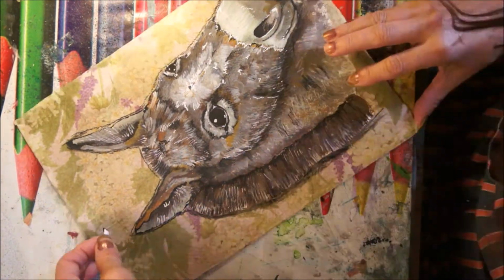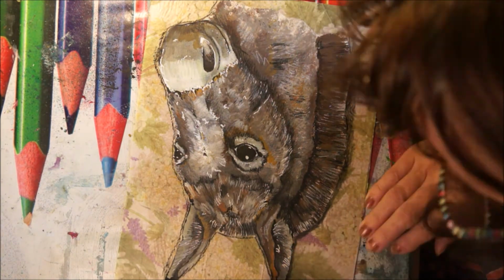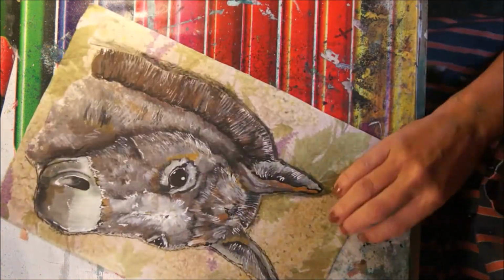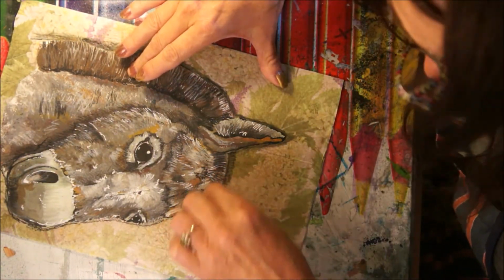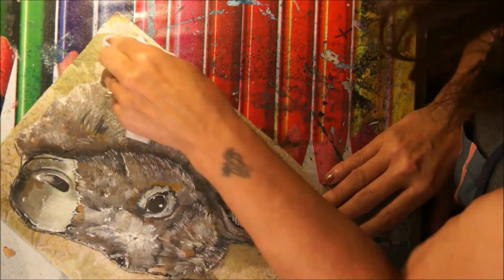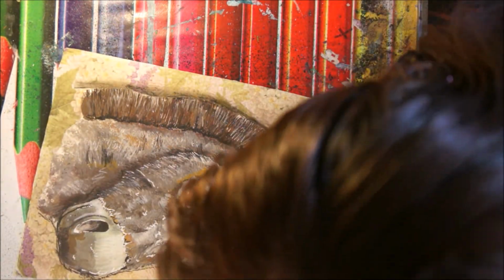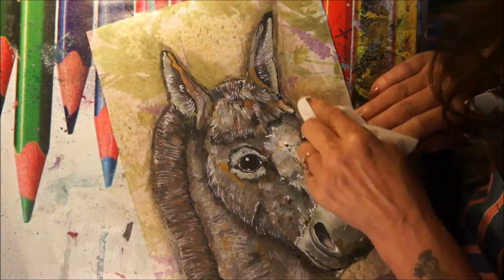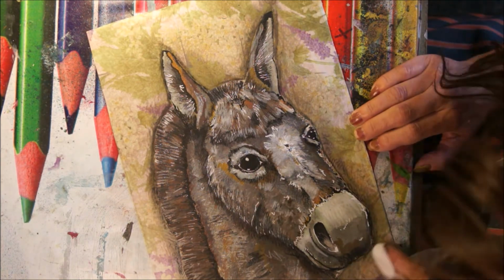And I'm just going around the donkey's head with a Stabilo pencil, and I'm using a cotton wool bud to kind of make him pop out, but it's not really working very well because of the paper that I've used to stick him on. It's not brilliant. It's quite a waxy surface, so I'm using a semi-dried baby wipe just to spread it a